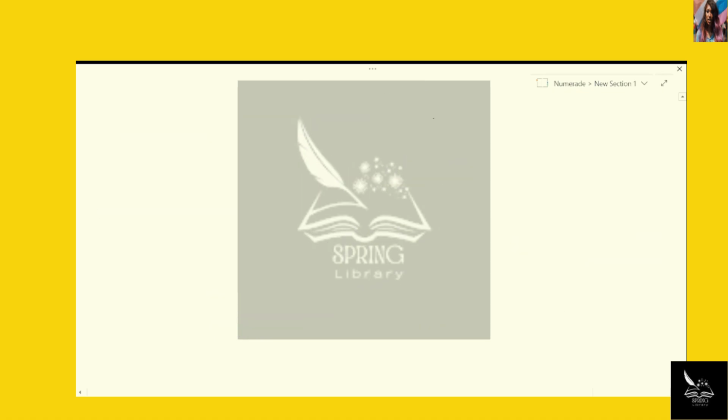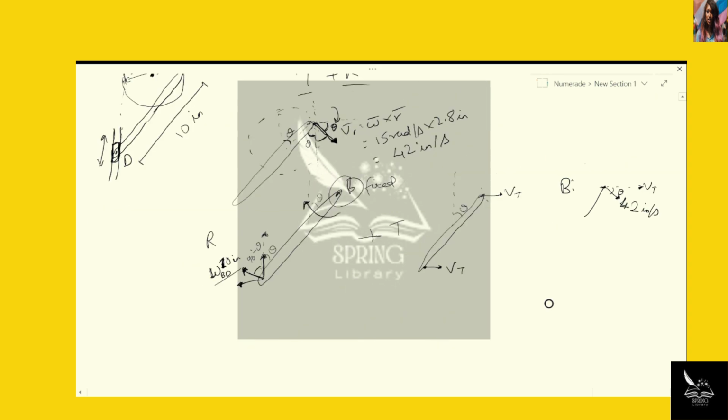Okay, so we get one of our equations. Sorry, scrolled too far. Yeah, so at point B we get 42 inches per second cosine theta equals Vt. That's equation 1. And then if we look at point D, at point D we know that the velocity of point D is going to be only along vertical. So